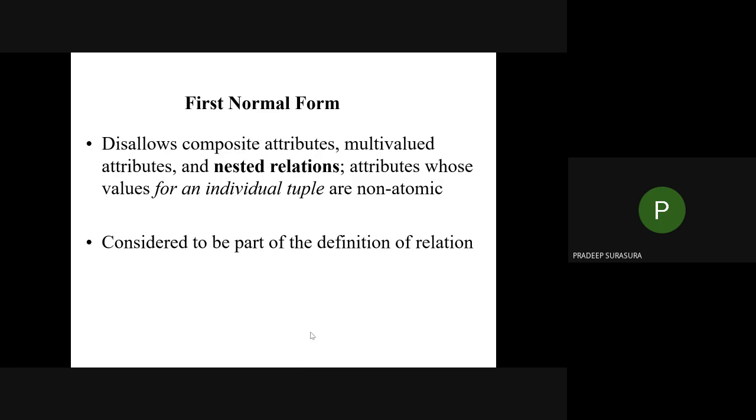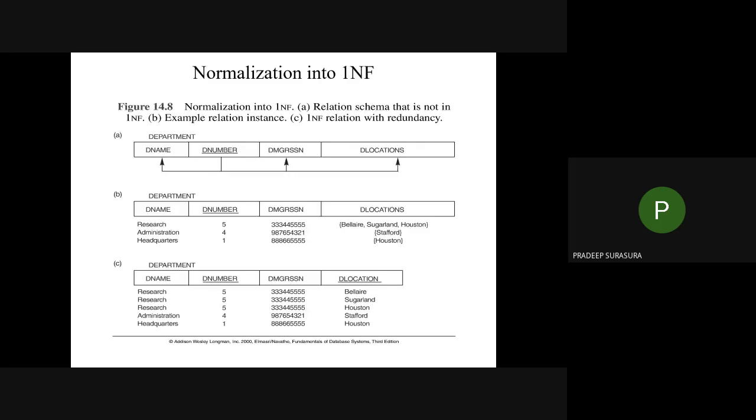In order to satisfy the functional dependencies, when it comes to the very first part, first normal form disallows composite variables, multi-valued attributes, and nested relations. One word I have already told about first normal form is non-atomic, or not divisible. If the values are not able to divide, or if the values are not atomic, then definitely that's violating first normal form. So when you look at the slide,